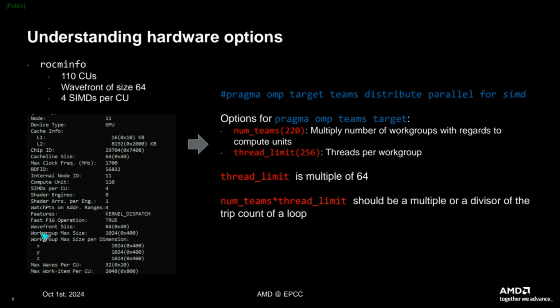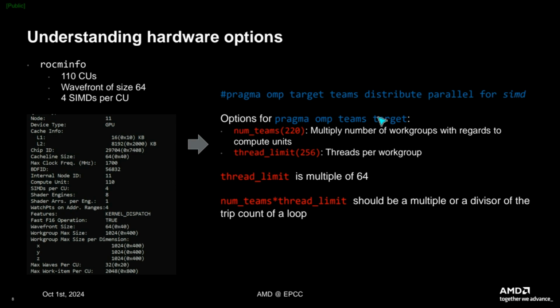So that's going to be down here, wavefront size 64. And then we have 4 SIMD lanes per CU, so SIMDs per CU, 4. So whenever we come up here and we are writing our code and we write pragma omp target teams distribute parallel for simd,